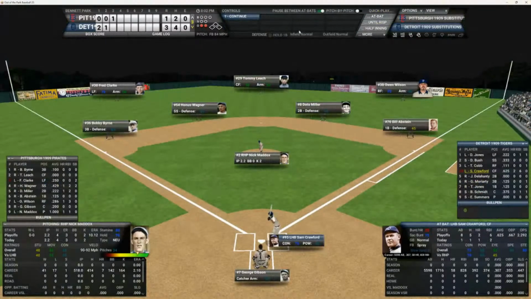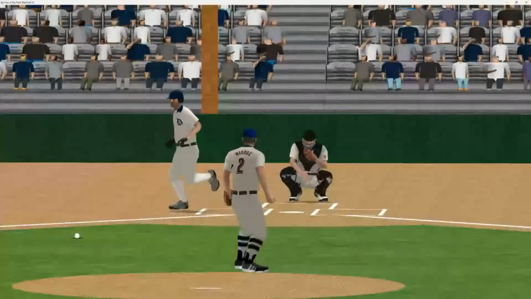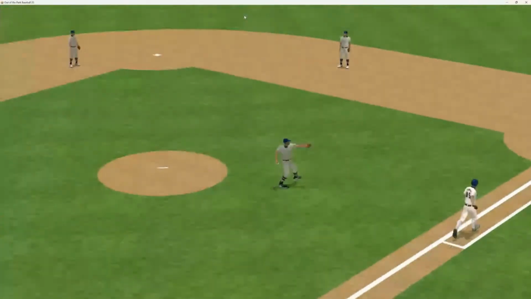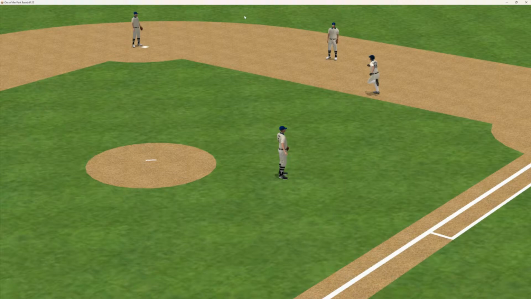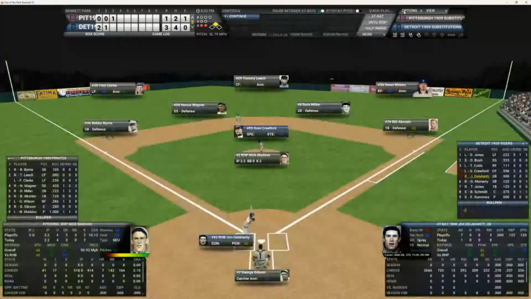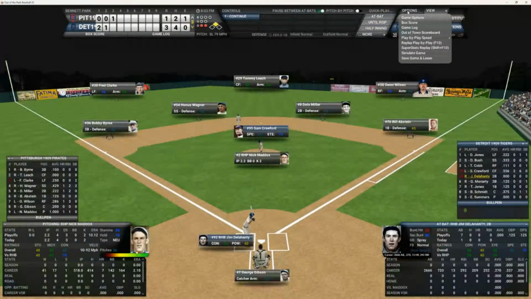And it brings up Sam Crawford. He hit the two-run homer in the bottom of the first to give the Tigers two RBIs. Sam Crawford is definitely pitched to carefully. Here's the pitch to Sam. And that's a slow grounder back to the mound. Nice play by Nick. Gets up, throws over to first, throws the ball away. The runner ends up at second. Let's take a look at that. Nick made a nice dive and stop. Probably should have just eaten the ball.